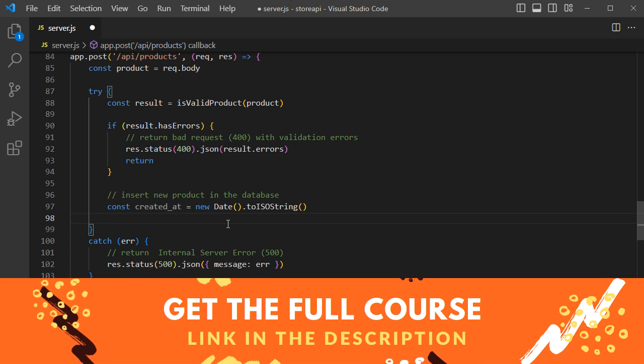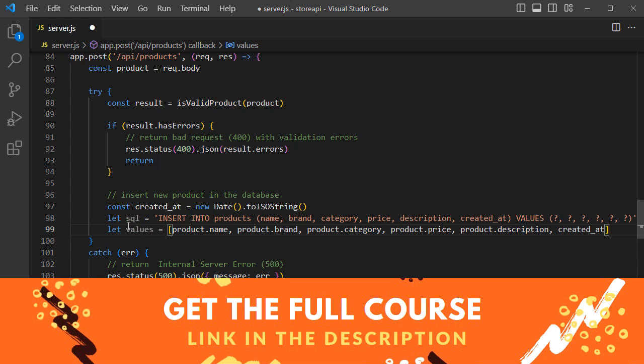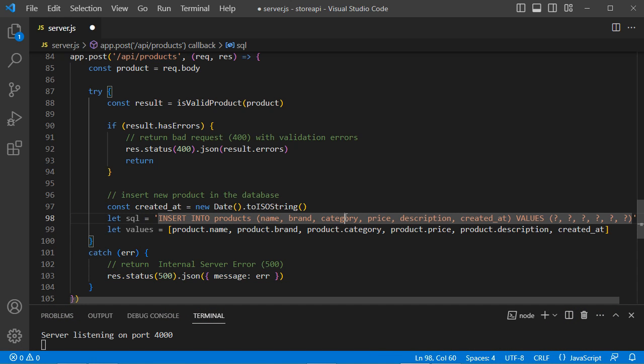Then let's create the SQL query. So this is the SQL query. It is insert into the products table. We will insert the name, brand, category, the price, the description, the date, and the values will be these question marks. So here we can see that we have 6 question marks and we have to replace them with the